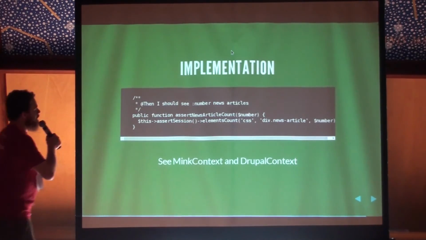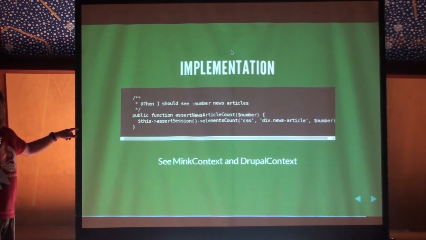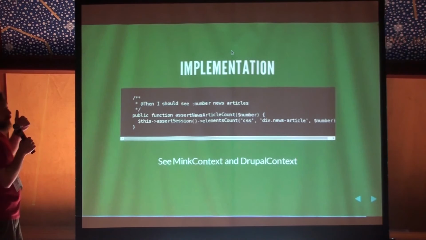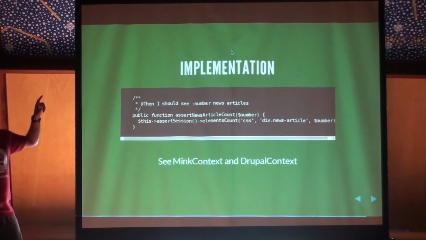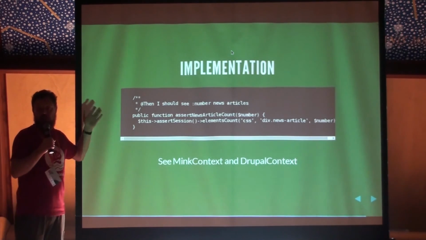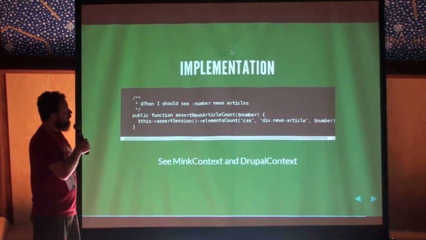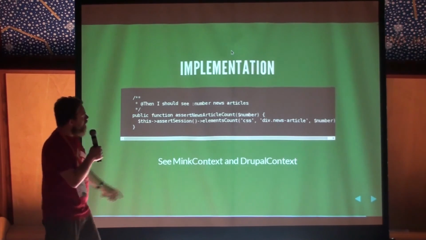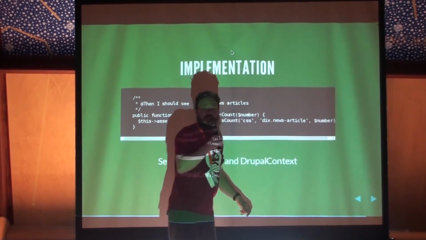This might seem difficult and not easy to figure out how you can write this, but I basically just copied this from the Drupal context. There are a lot of context files already included in your code, and these are called Drupal context, main context, push context, and so on. You can find them in your Behat YAML file, and they contain a lot of code that's testing stuff on the page. You can just copy that line from there and change it to what you need. I think there is a bug here, because this should be div node dash use dash node,